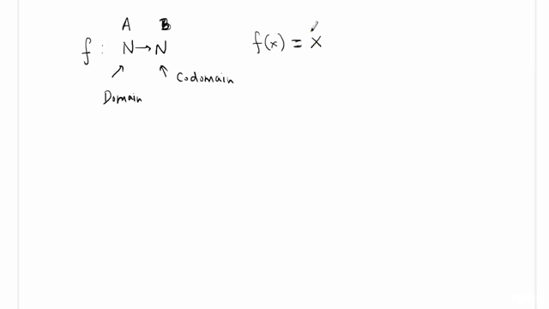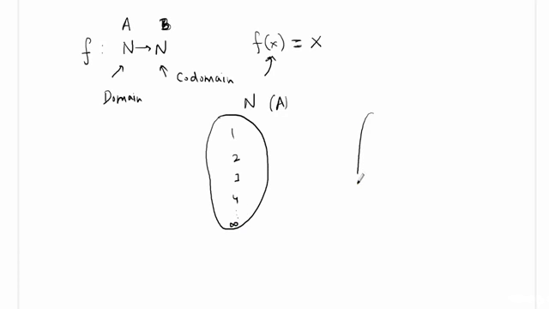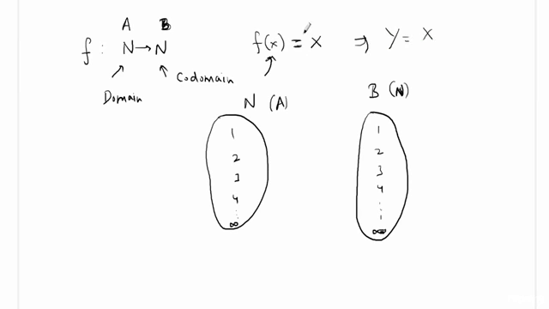If you see this, what you're trying to say is that x can take all the values from the set of natural numbers. So the domain of this function, set A, will have natural numbers 1, 2, 3, 4 and so on till infinity. The codomain, set B, also has all the natural numbers, 1, 2, 3, 4, so on till infinity. You can also rewrite the function as y = x, with f(x) replaced by y. So this will be x and this will be y.